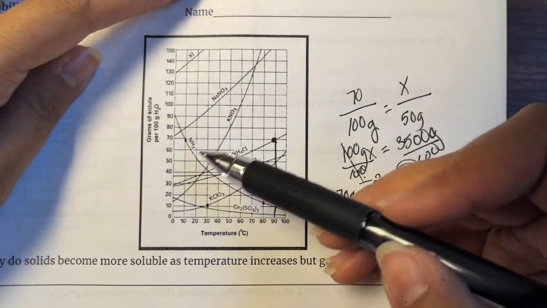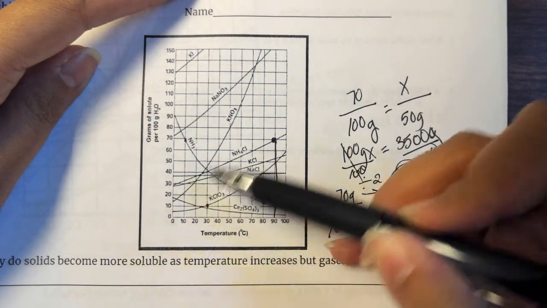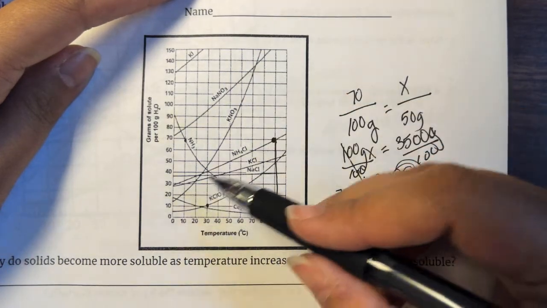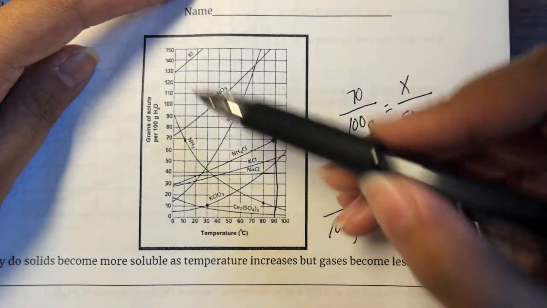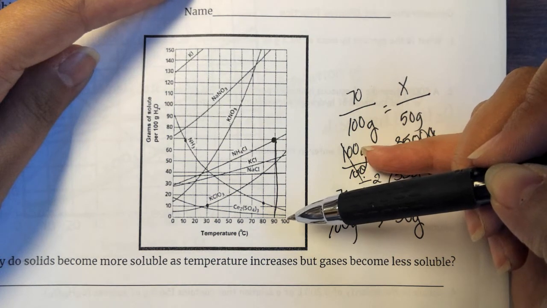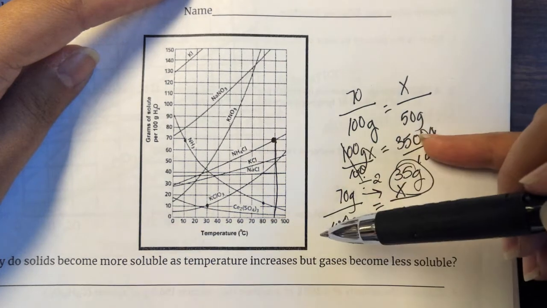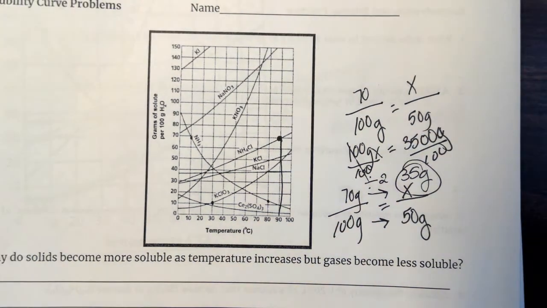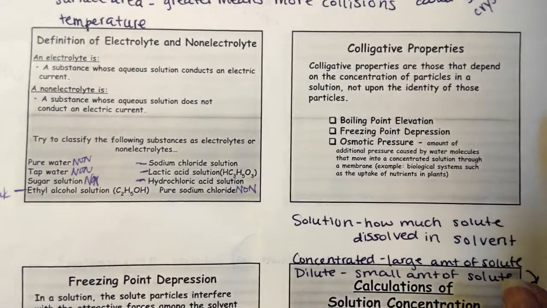So our solids always increase in solubility as temperature increases. So anything that has a positive slope is considered a solid or maybe a liquid. Whereas anything that has a negative slope is going to be a gas, and that's just because gases decrease in solubility as temperature increases. So hopefully the charts make just a little bit more sense for you. Alright, so then let's look at